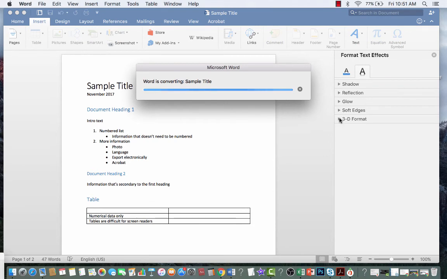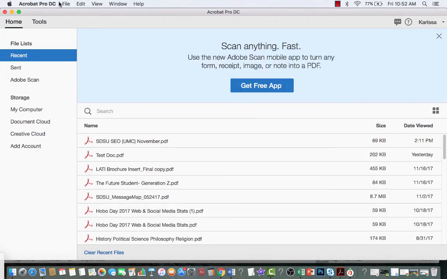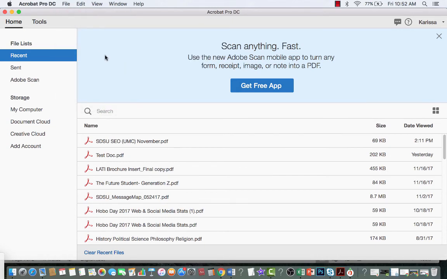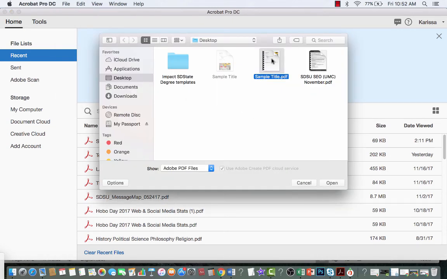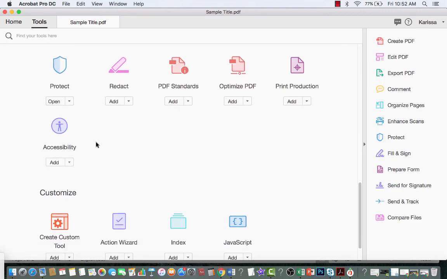Now the final step that you need to do if you're uploading them to the website is to check it in Acrobat Pro, because there are some errors that happen when converting out of Microsoft Word into a PDF. So to ensure it's 100% accessible, we use Adobe Acrobat. So you're going to go into Adobe and File and open the file. And I just created that. And at the top of the page, you'll see Tools. So select Tools